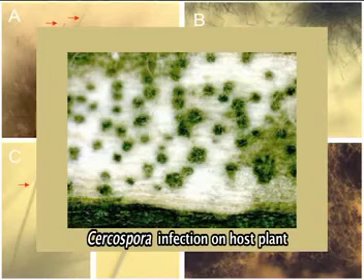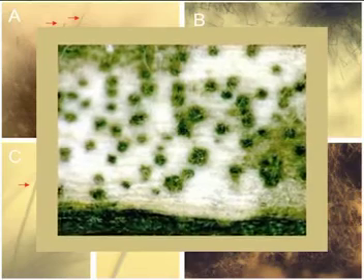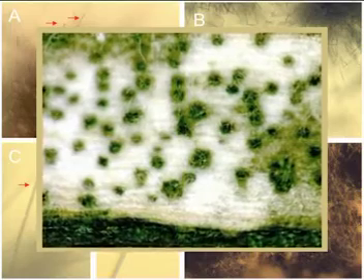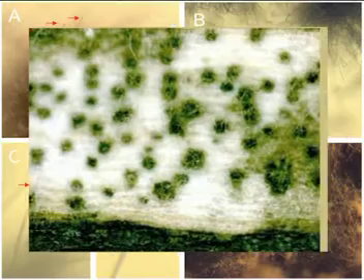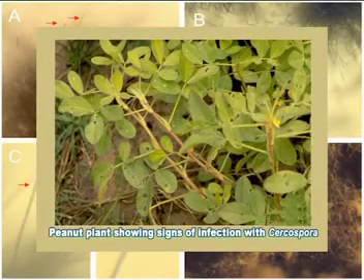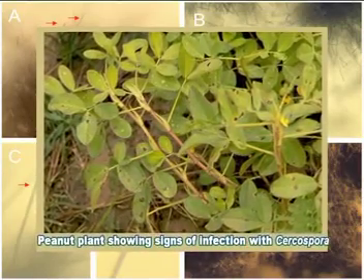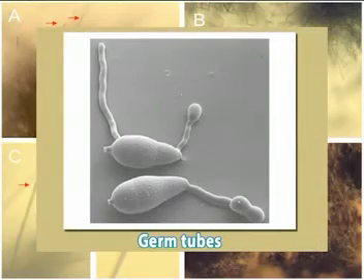Both fungi are capable of producing tremendous numbers of spores on infected plant parts. Spore production is favored by high humidity. Visible spores develop 10 to 14 days after infection. New spores are produced on infected leaves. These spores will subsequently infect plants and produce secondary infections. On germination, a conidium forms one or more germ tubes, which give rise to new mycelium. Thus, the life cycle is completed.